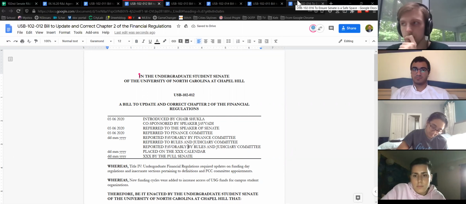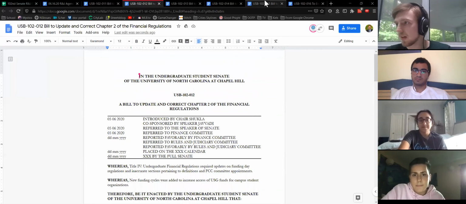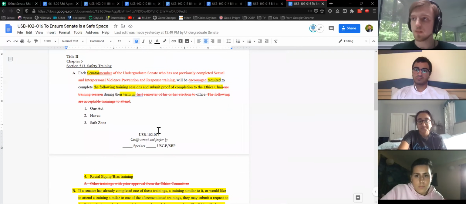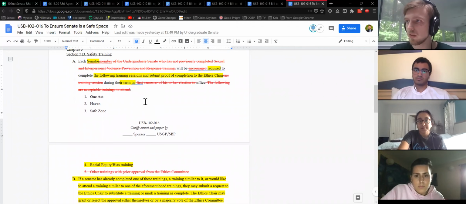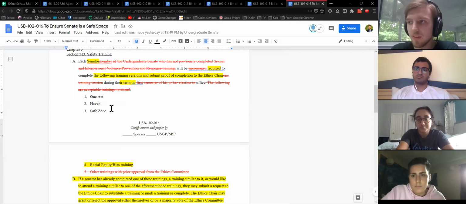Okay. So that's all of our finance code bills. Thank you, Ashna, for your work on that. And now we have this bill from Keshav about the training requirements in the student code. Since he's not here, I'll just give you a quick overview if you haven't read it. This bill changes the encouragement of the following trainings to a requirement,